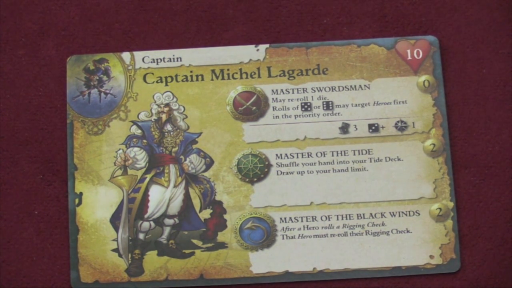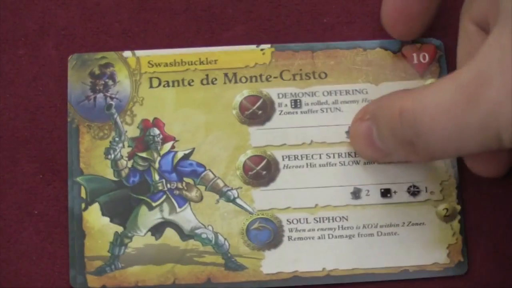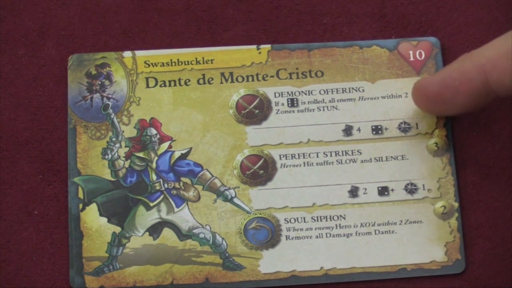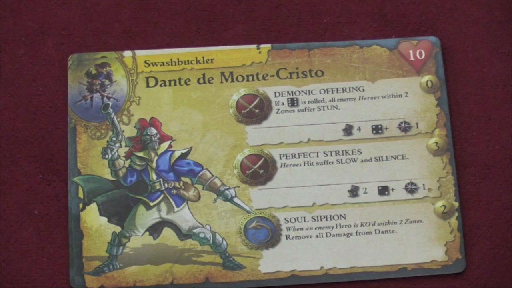And since the French are all about swinging from the rafters, we're going to talk about that a little bit later on. Then we have Dante de Monte Cristo here. And this guy here can stun people, slow and silence them, and if anyone gets killed within 2 zones of him, he completely heals, which is actually harder to do than you might think, but it still is a cool